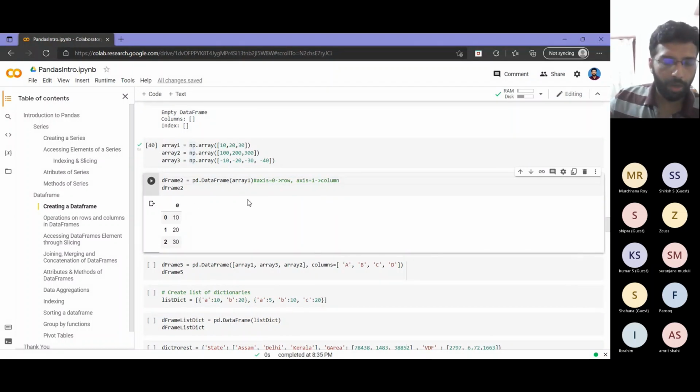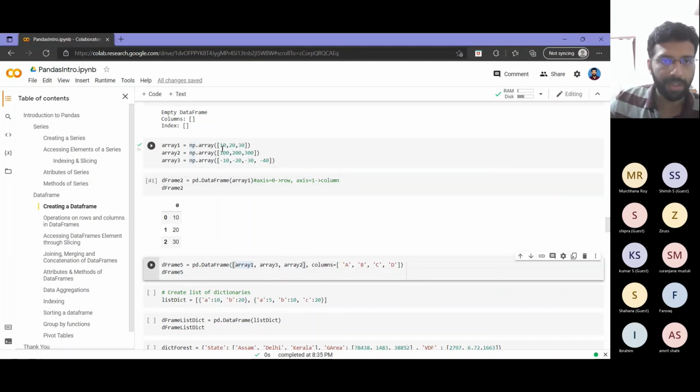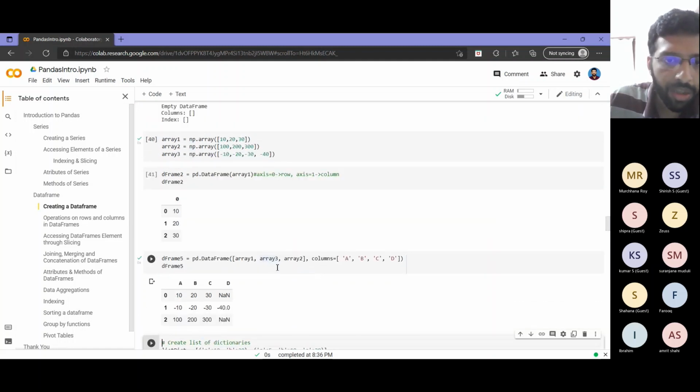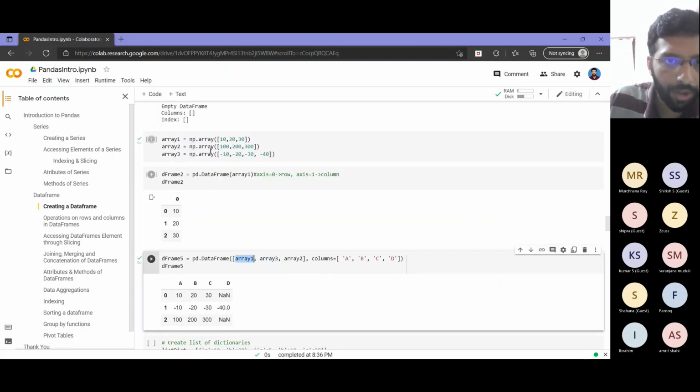Now we will see what happens when I want to merge the data from these 3 arrays into a single DataFrame. Let's see what will happen since the data structures are different. As you see here, I have passed column names A, B, C, D, so A, B, C, D came. My first array, 1, 10, 20, 30, was taken as my first row.